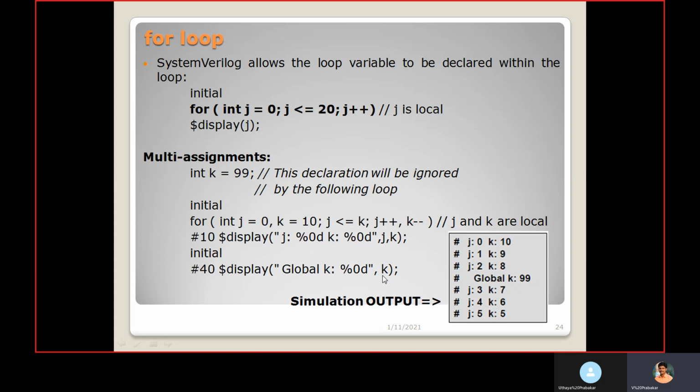Here, if you see, the k value is 19. It should not take the k value which is present in the for loop. That one is global, but if you declare the variable inside the for, it will be considered local to that for loop. Then again it continues, j becoming 3 and k becoming 7, until this condition is satisfied. When both are equal, it will still get into the loop. When j value is greater than k, at that time it will come out from the loop.